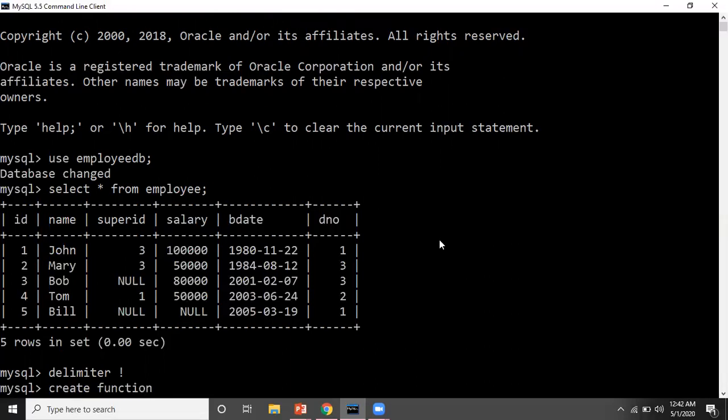So create, if the function already exists, you can write create or replace a function. Fine. But here for my system, no function is existing. So I'm only writing create function. Then I have to give the function name. So here is the function name, give raise. Now I will not mention the type of the parameter, because I know function always takes integer type parameter.